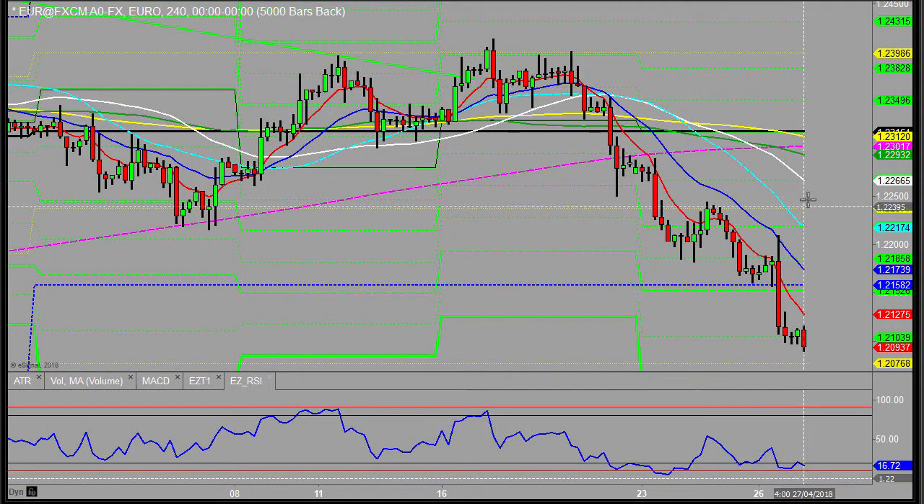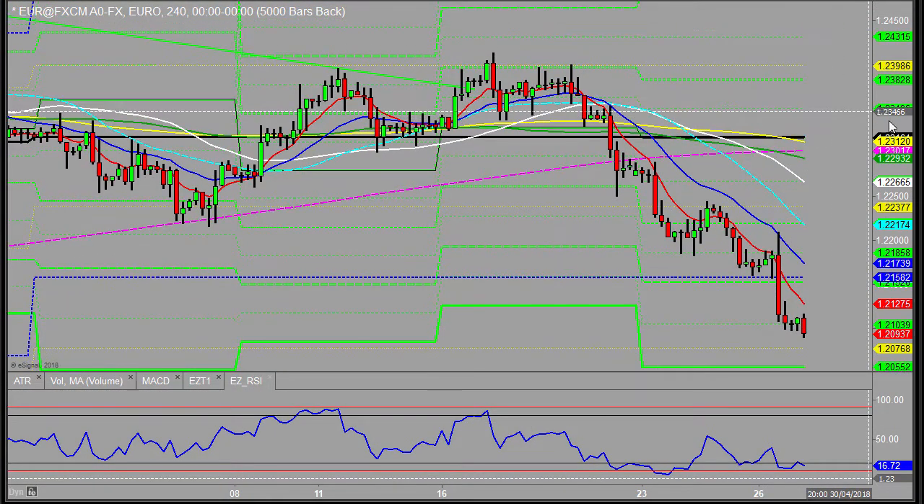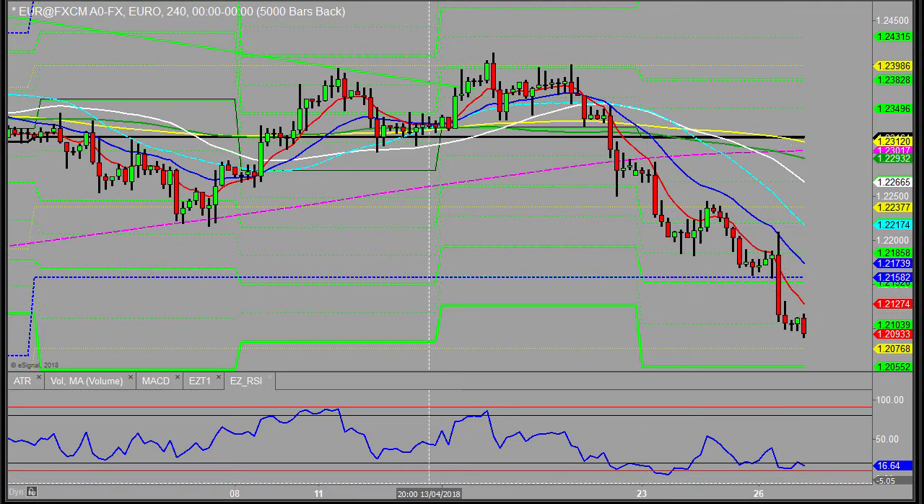Draghi's comments were rather mixed yesterday, and there was nothing in there really to say too much. There was a lovely blip into the 4-hourly 21. Of course, I missed that, but that occurred during Draghi's speech, I believe. We'll look at the effect of that. But anyway,